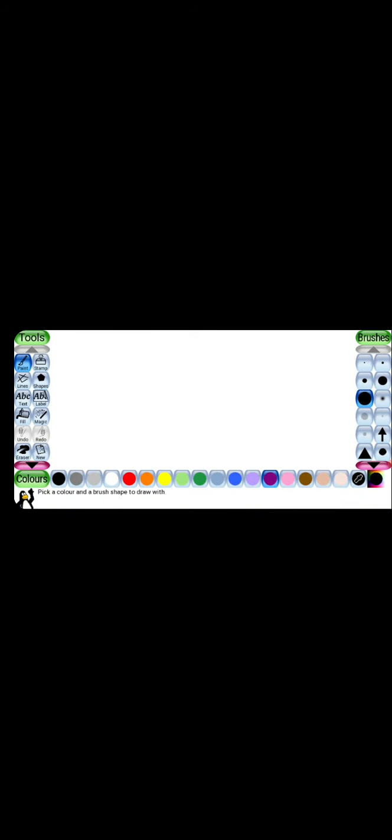I am selecting the paintbrush tool from our toolbar and I will write something by using the paint tool. Then I will choose our color. I am selecting the color red from our color palette. Then I will choose the brush size. I am selecting this size and I will write something by using red color and the paintbrush tool.